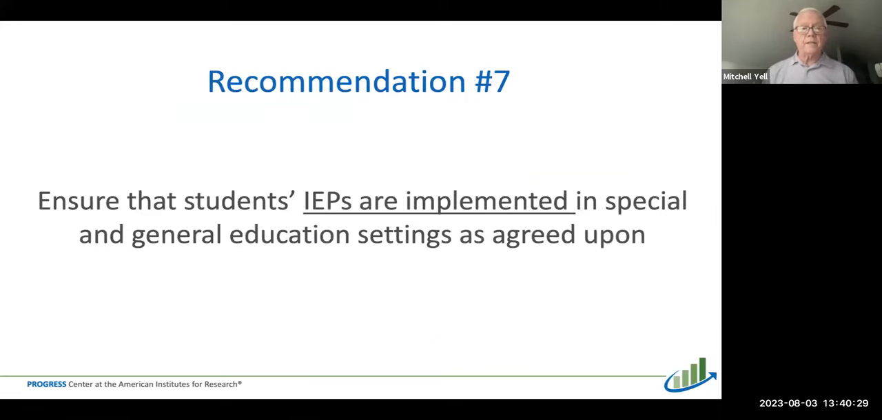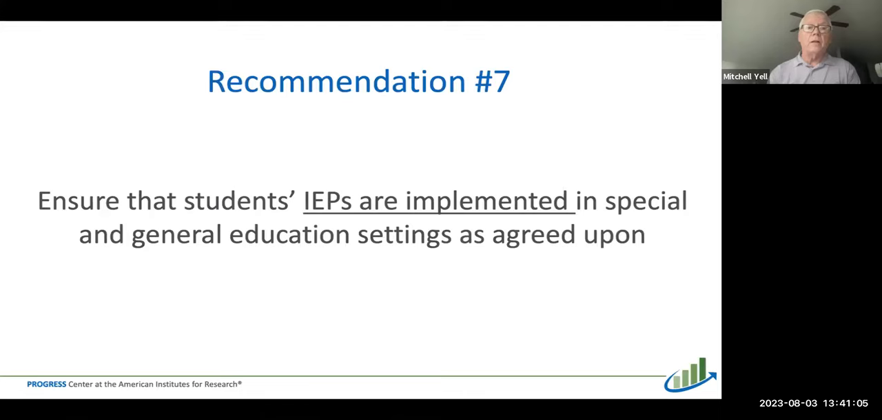Recommendation 7 is make certain that students' IEPs are implemented in special and general education settings as agreed upon in the IEP meeting. Now, courts will make distinctions between material and immaterial errors in IEP implementation. We should not be doing that. We should be thinking that everything we put in the IEP, we want to implement as accurately as we can. Very difficult, but you want to make certain at secondary levels